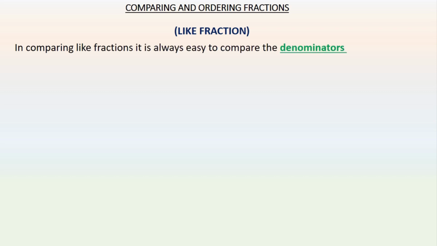In ordering of like fractions, we are first to define what is meant by a like fraction. A like fraction is a type of fraction that has the same denominators but different numerators. We call it a like fraction. So in comparing like fractions, we first look at whether they have the same denominators or different denominators. If the denominators are the same, we call it a like fraction. Then we look at the numbers on top. We call them